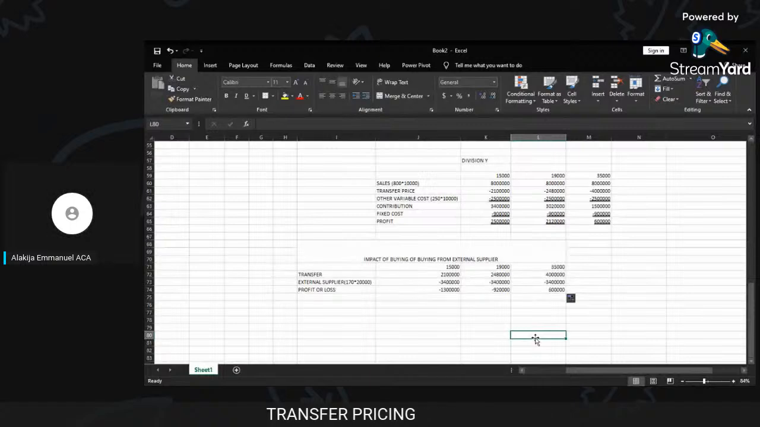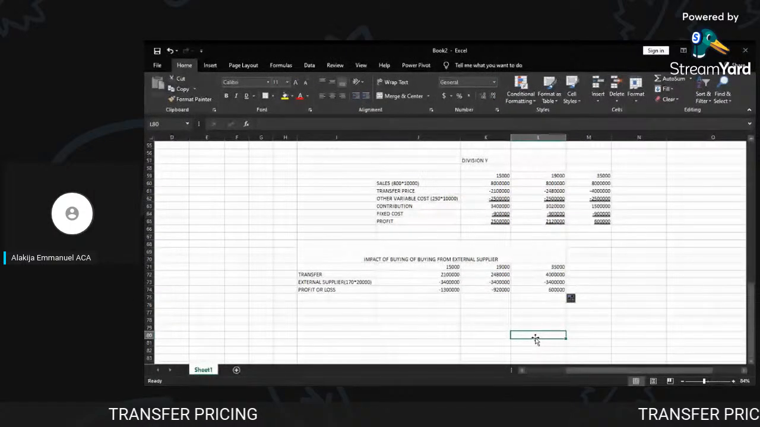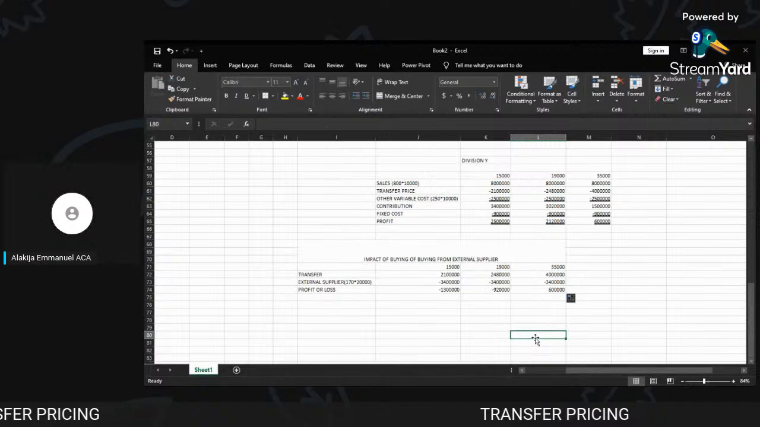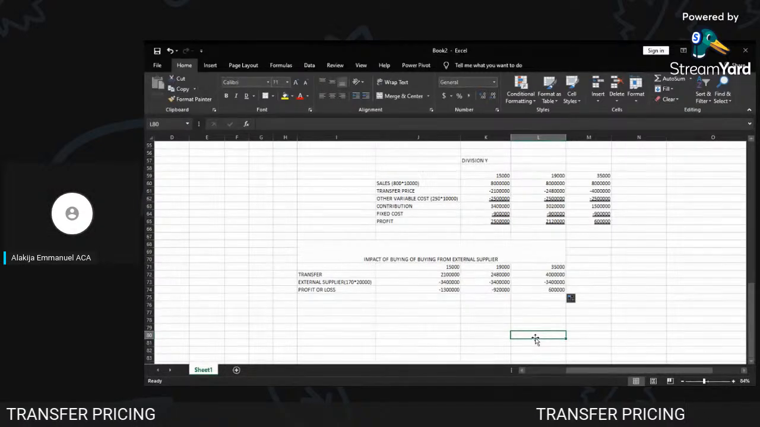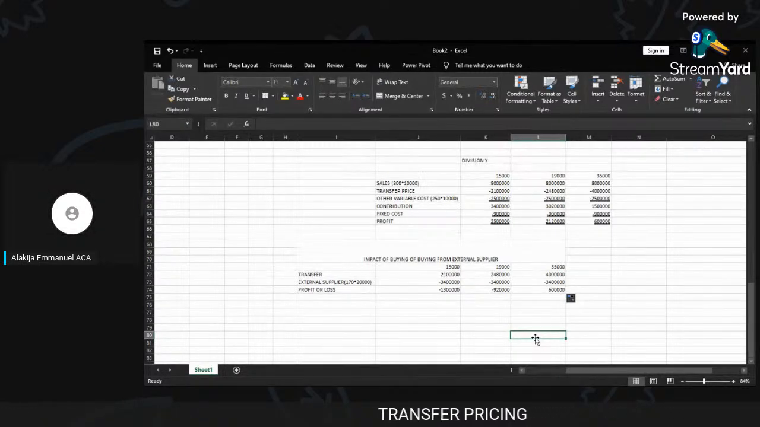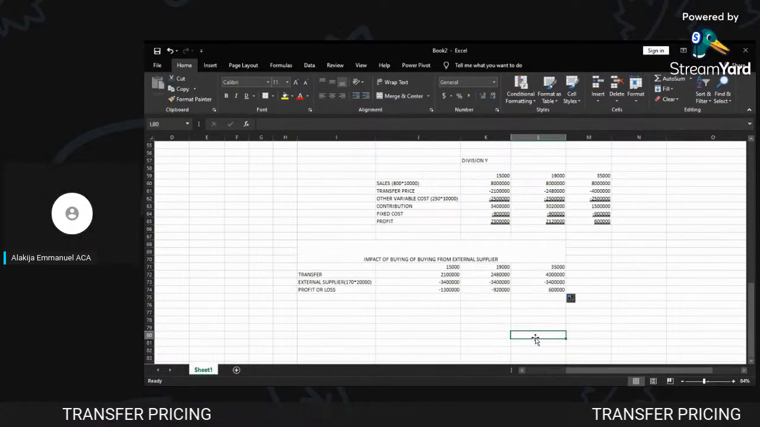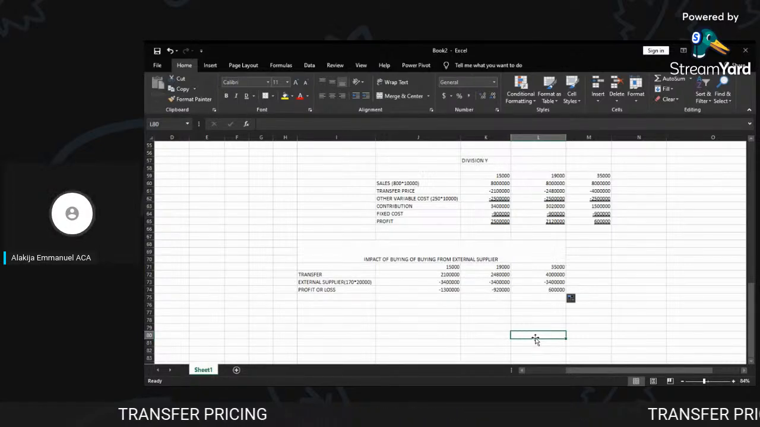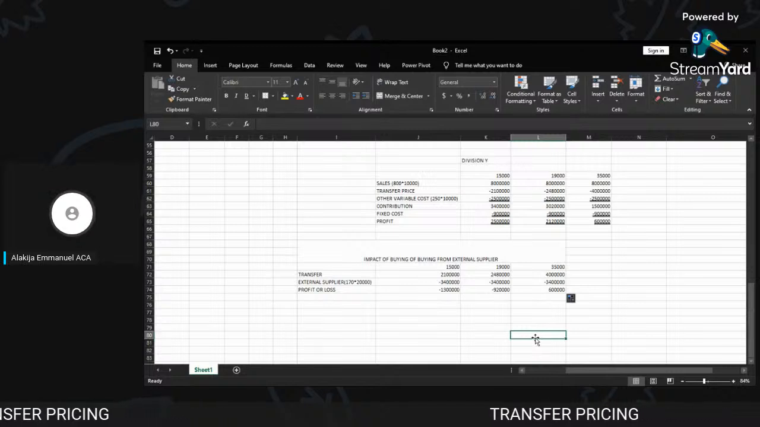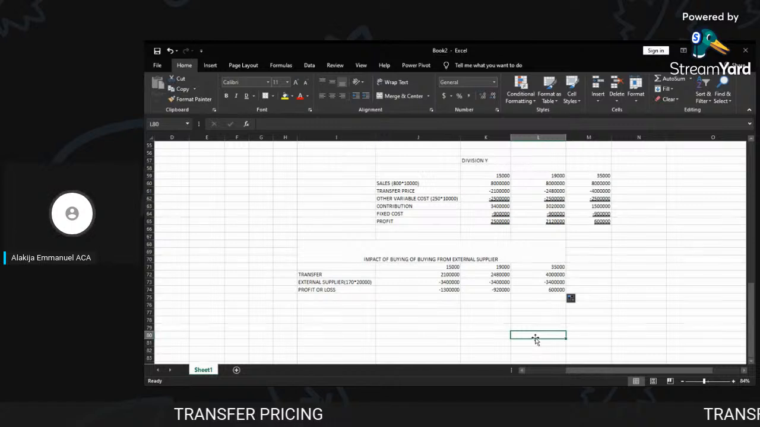If the 15,000 that was demanded by the external user is given to them, and we get 20,000, that means there's a reduction in profit by 1.3 million, because the cost of buying externally is higher than the cost of buying from our fellow division inside the same organization. That means if we had gone outside at this demand, we would have incurred